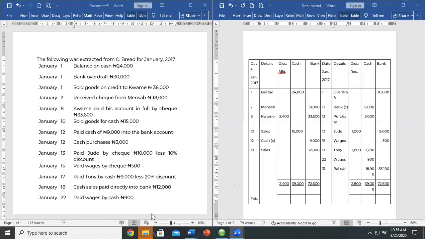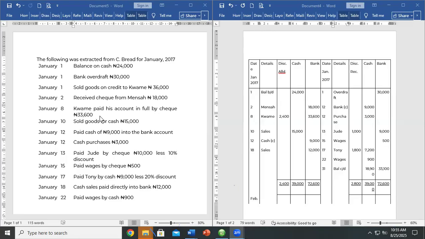Okay. Now pay attention here. Kwame was a debtor who owed us 36,000, and we are being told he paid his account in full by check, 33,600. Professors, this simply tells you that there is a discount in there, because the person owed you 36,000 and you are accepting a full payment of 33,600. So what it means is that we have allowed a discount,